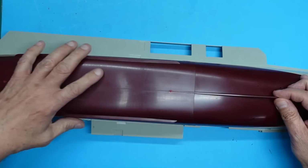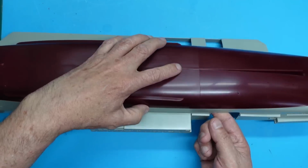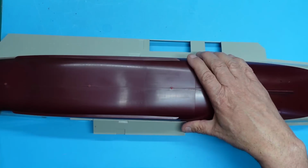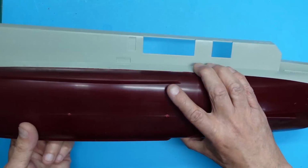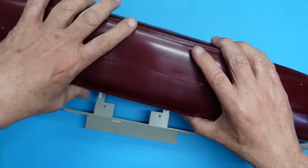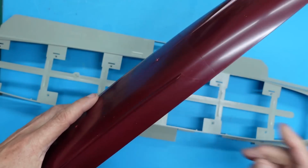Quite why in the instructions they tell you to do this last is beyond me, because as you can see here, you're definitely going to have some seam sealing to do, and some sanding as well. So that's all good. But yeah, you really want to get this clamped down to something and get it all together. So obviously you don't use that other deck if you're going to use this one, because this has a recess in it and this has a recess in it. If you use that other deck,